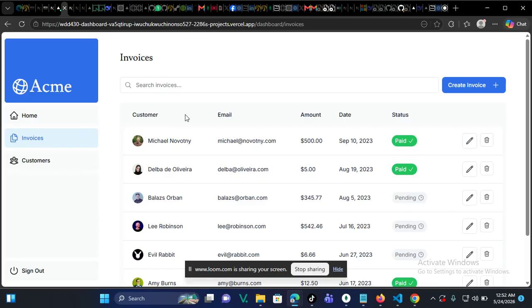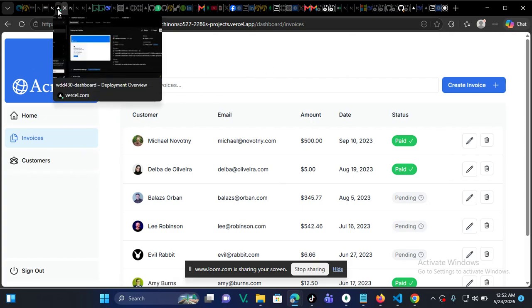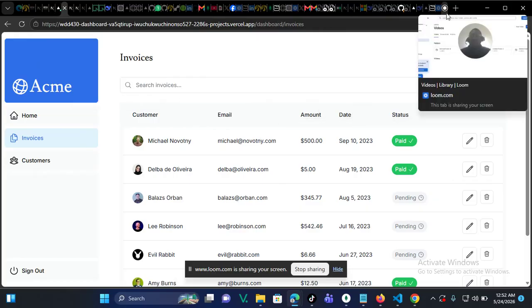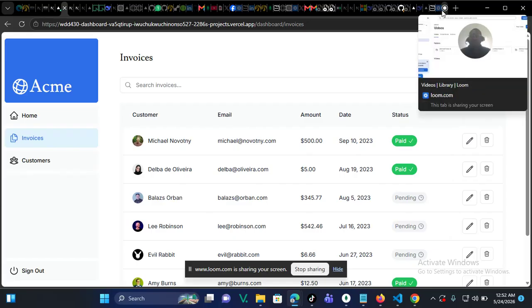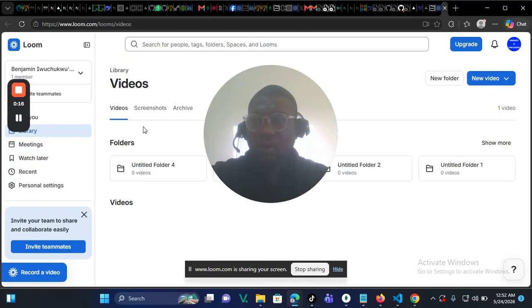So this is the full stack development that we learned in Next.js last week, and today we've completed it. So by next week we will focus on another part of web full stack development,